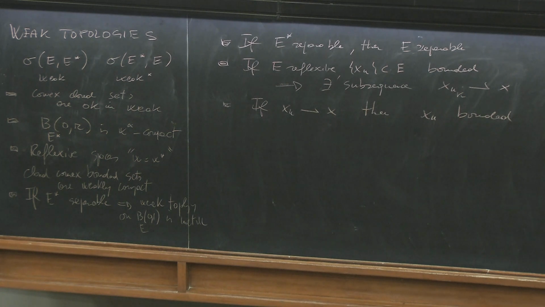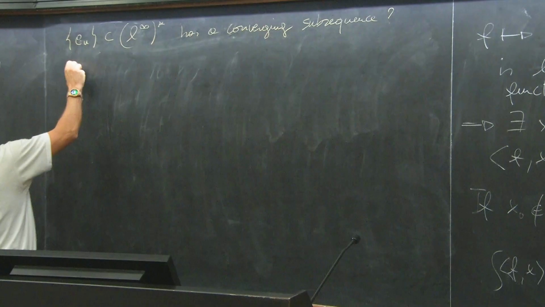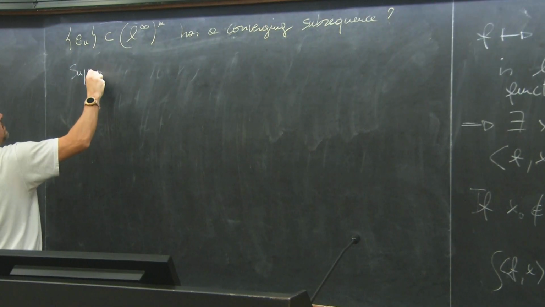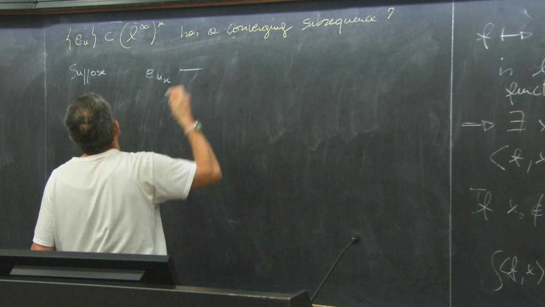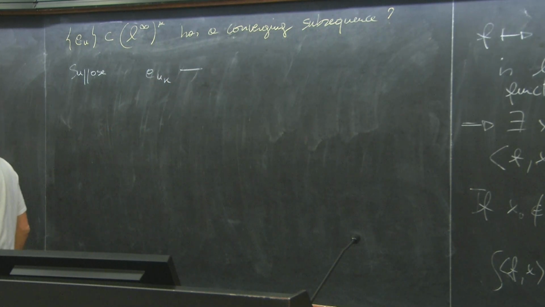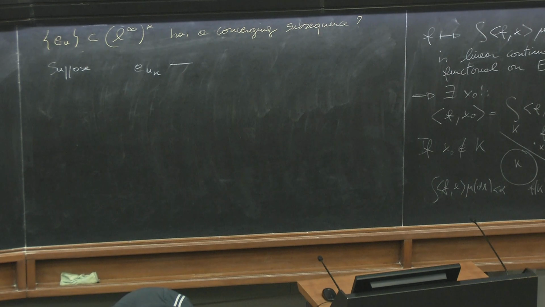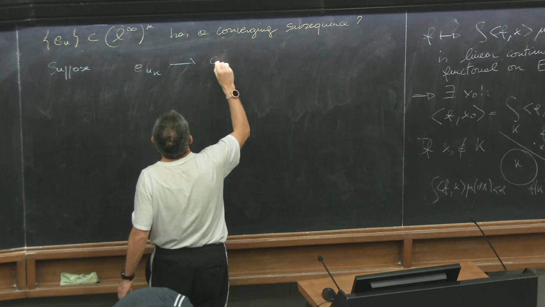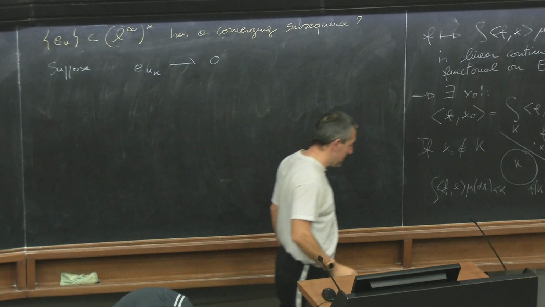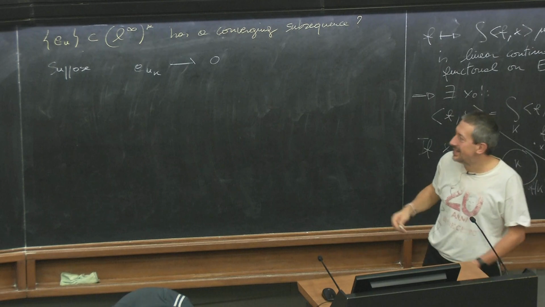Okay, what is the answer? So suppose e_nk converges weakly to something. And what is the limit? Zero must be, because it should be 0. But it doesn't matter here. Let's say it converges to 0. Okay, which means